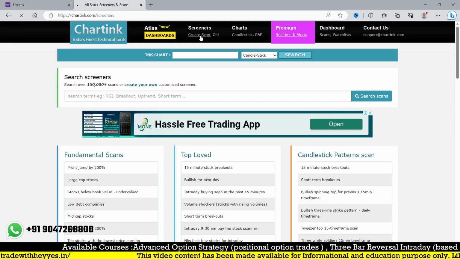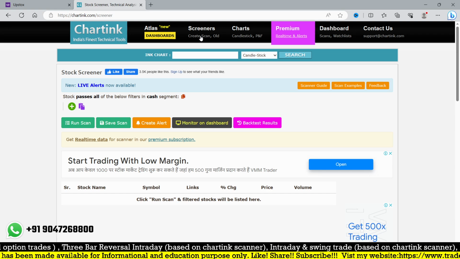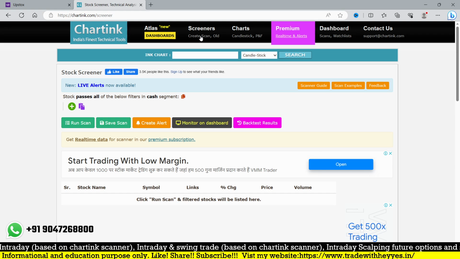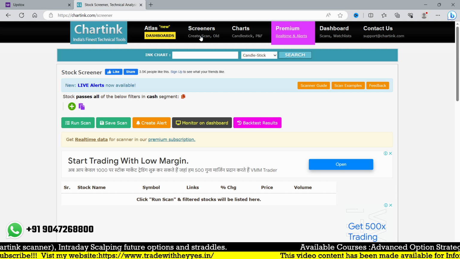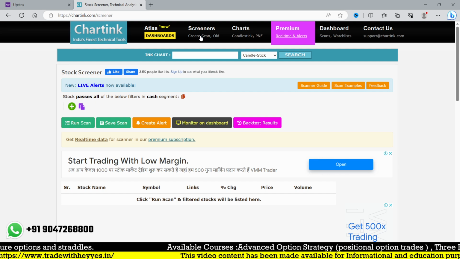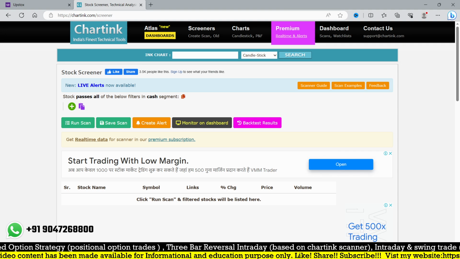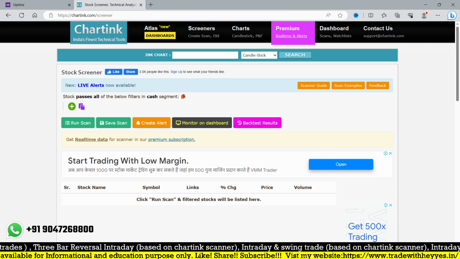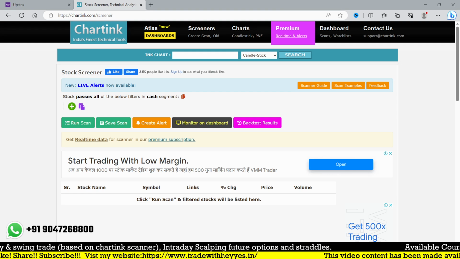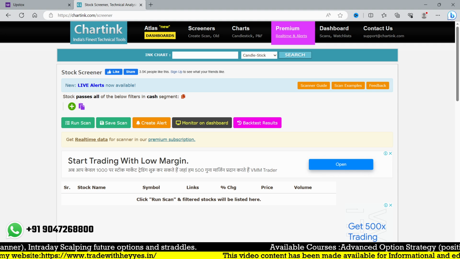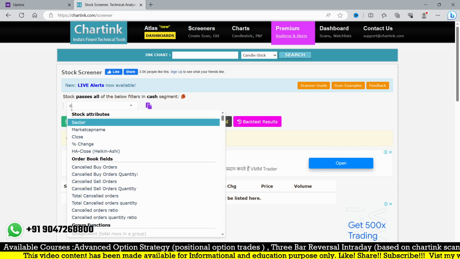Okay, so you just go to create a scan, and we have to create a scanner for stocks whose range is very small, inside the previous day, and that should be very small in range. Simply we are going to create that within two lines, because this custom indicator, we already created all the Camarilla levels, up to upside level 6 and downside level 6, both. And simply we are going to find some opportunities from that, the trade is about Camarilla